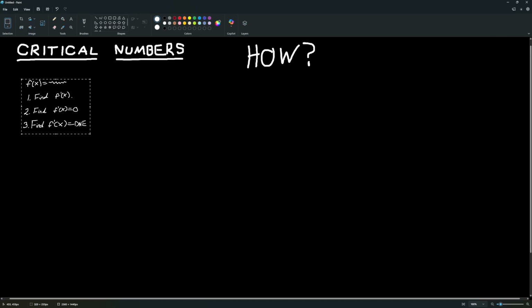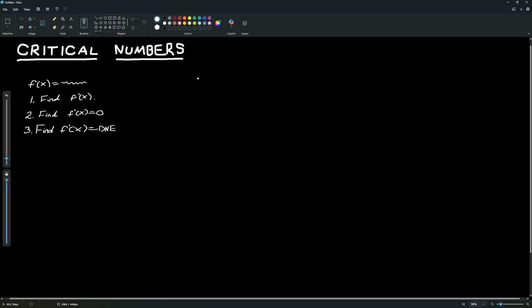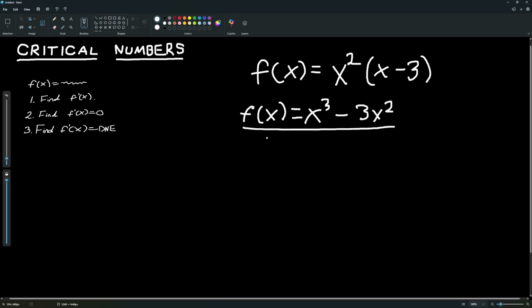I'm going to take this and shrink it over here. So let's start with a simple example. We have f of x equals x squared times x minus 3. Well, the first thing that we're going to do here is expand what we have. So we're going to have f of x equals x cubed minus 3x squared. Now that we have expanded this, we're going to find the derivative, which is